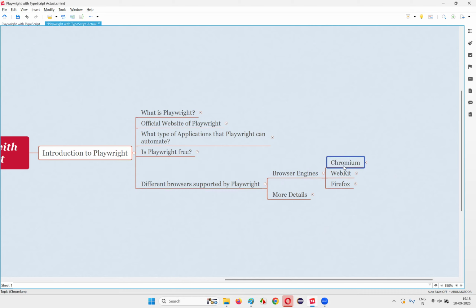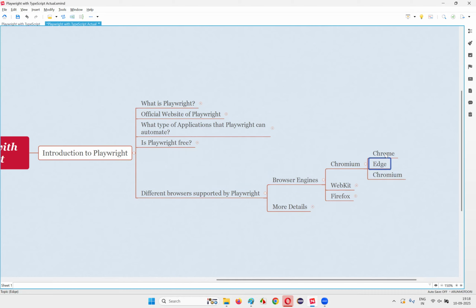Coming to the Chromium browser engine, what are the different browsers created using this Chromium browser engine? There are three browsers, guys. One is the Chrome browser by Google. Then Edge by Microsoft. And then we have Chromium, which is open source. This is also by Google, guys, but it is open source. Chrome, Edge, Chromium